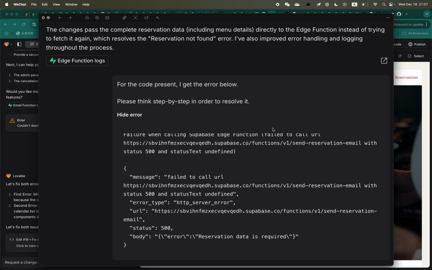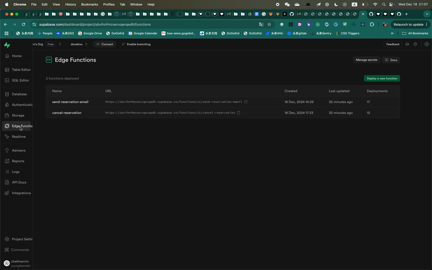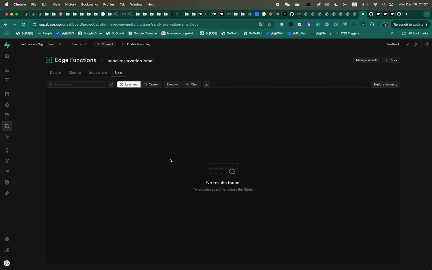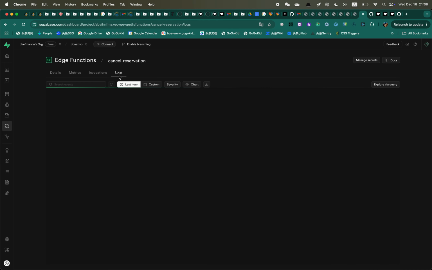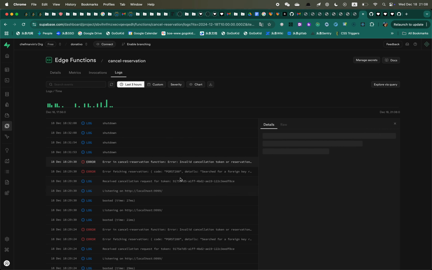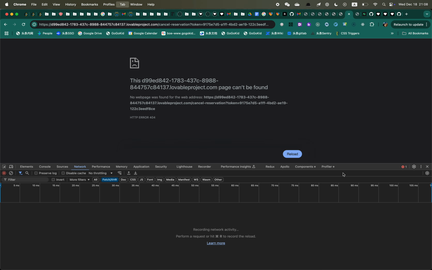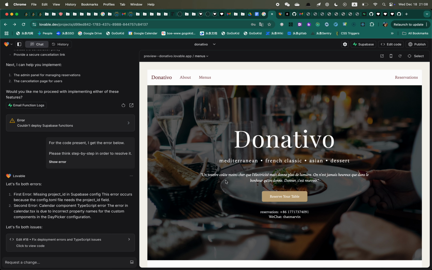Like when I spot some errors here, I go to Supabase, and you can check the reservation. There are some logs here, and you check those logs. Let's see if this has some logs. Last hour? No, it's not the last hour. Last 3 hours. Okay. So you have some errors, and you go to the errors and see, oh, okay, voila, why some error happens. Then you go back, you paste those errors into Lovable and try to give them more context.